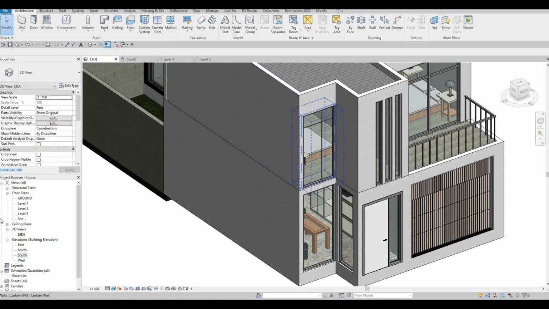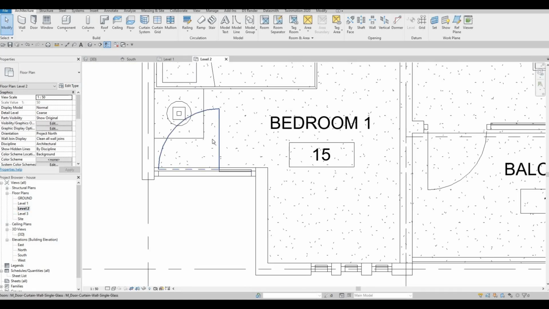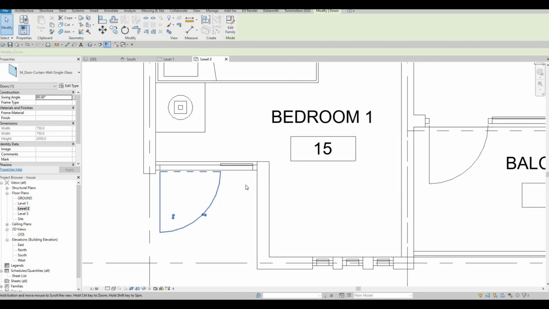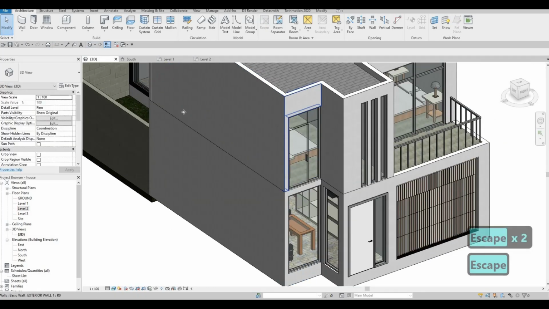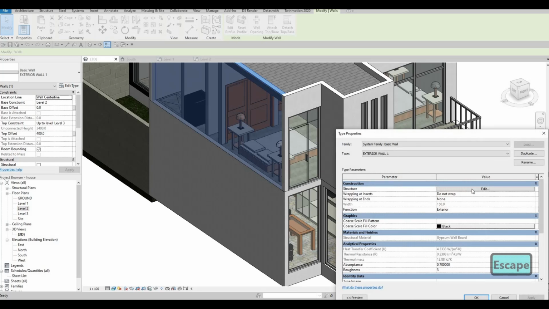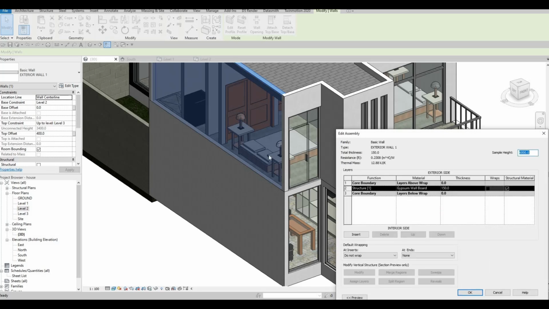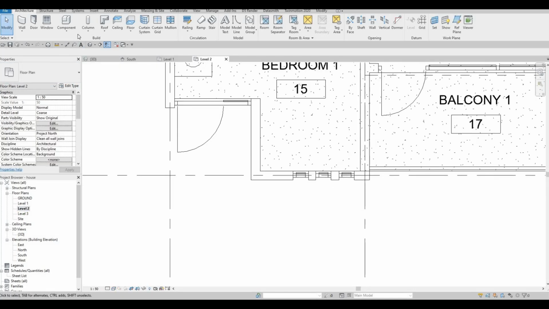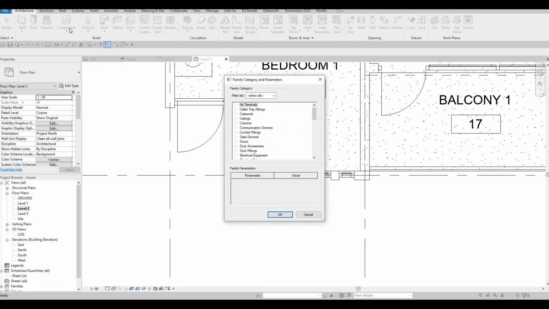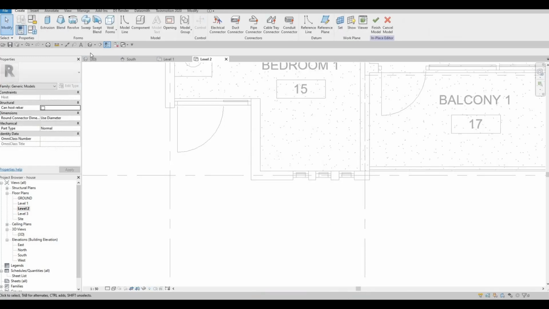go to 3D, and actually go to level 2 so that we could change the orientation. And then we'll just have a small one right here. And then let me double check. We have gypsum wall board, so I'm going to use something similar. Gypsum wall board, let's go to level 2 and go to architecture, component, and then model in place. Generic model, and then I'm going to